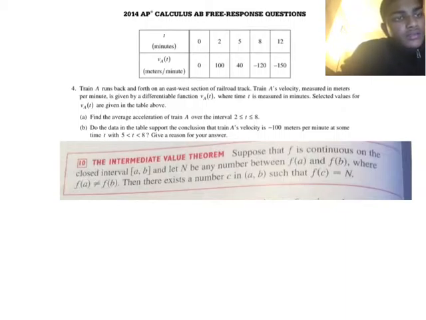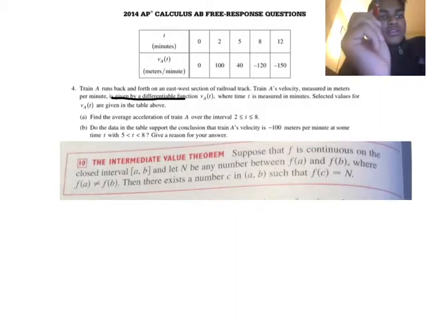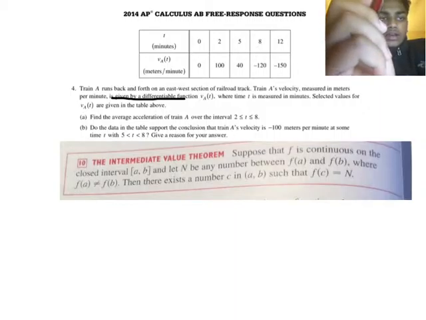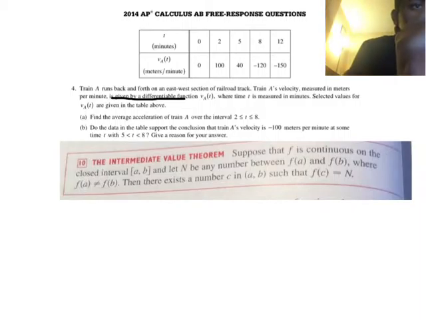In this situation, the question is asking to prove that t exists. So to do that, all we need to do is prove that f is continuous, and that f of a does not equal f of b. So it is given by a differentiable function, which means that the function is also continuous, and it's also given in the table that f of a does not equal f of b, and all we need to do to show that IVT applies to this